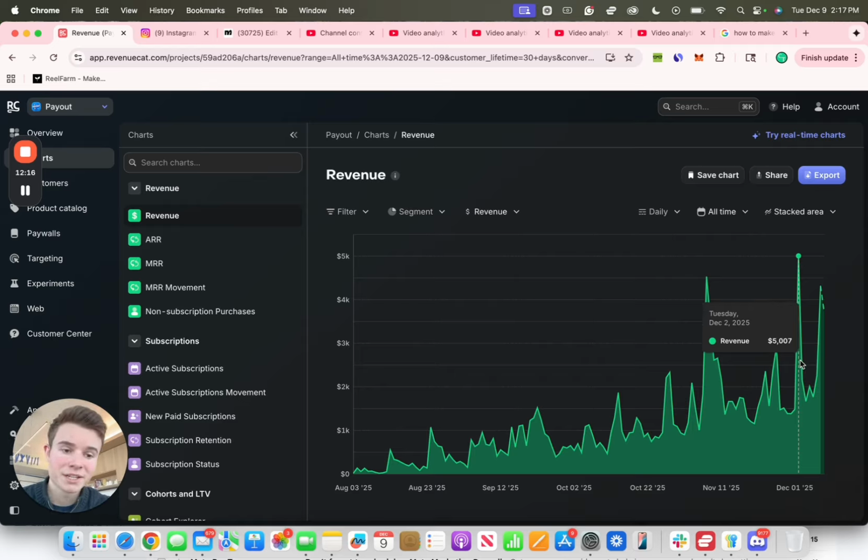As you can see, the spike down was pretty great. We went down to $2,000 the next day. However, I saw that there was proof of concept. What did I do? I noticed a pattern. If I make a video and it does well, and I give that script and that whole topic to another influencer to recreate, what's going to happen? Well, it's probably going to do well as well.